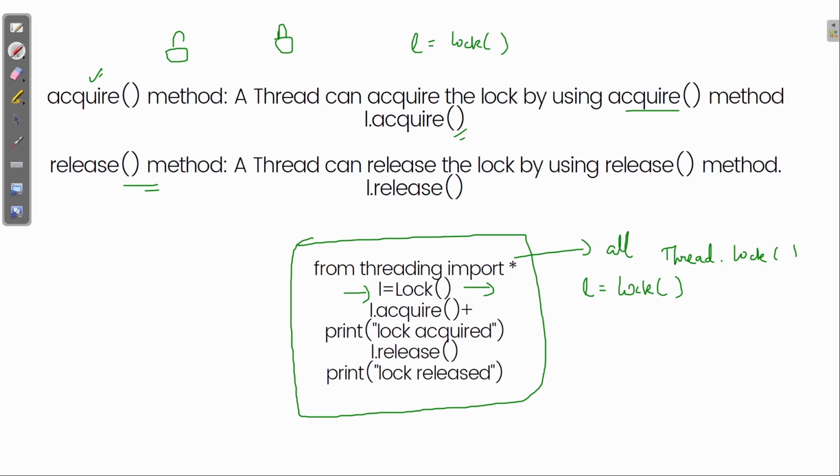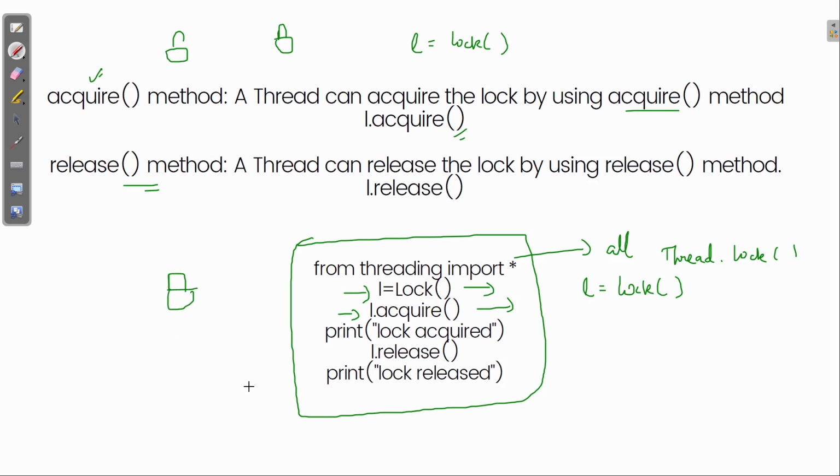So l dot acquire is the method inside this Lock. Lock acquired simply means that whatever thread comes here, when it sees this line, that thread now owns that lock.